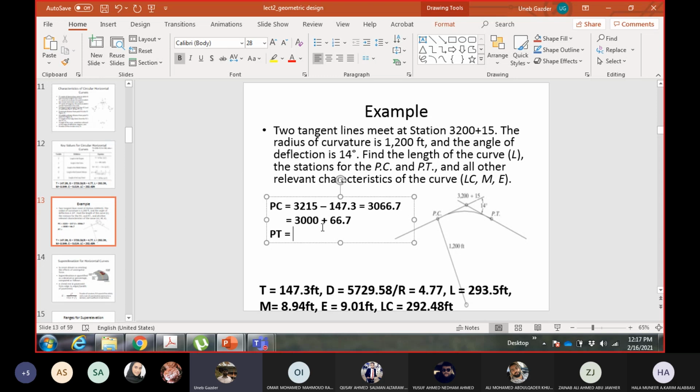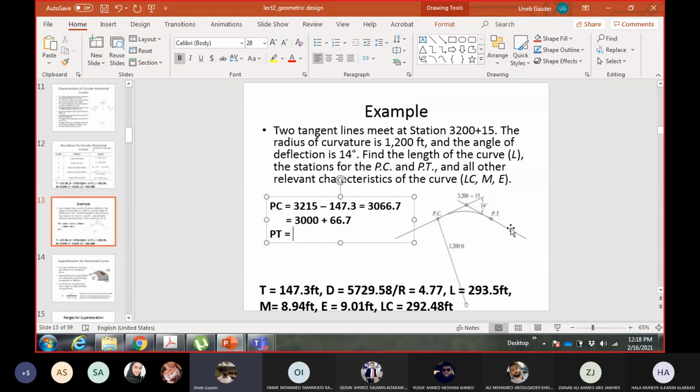In the field, the second tangent will not exist. When the contractor starts laying out the curve, he will not lay out the second tangent. From PC he will go to PI, and then from PC onwards he will lay out the curve. He will not lay out any point on the second tangent. He will just go along the curve to PT directly. So this tangent will not be laid out in the field.